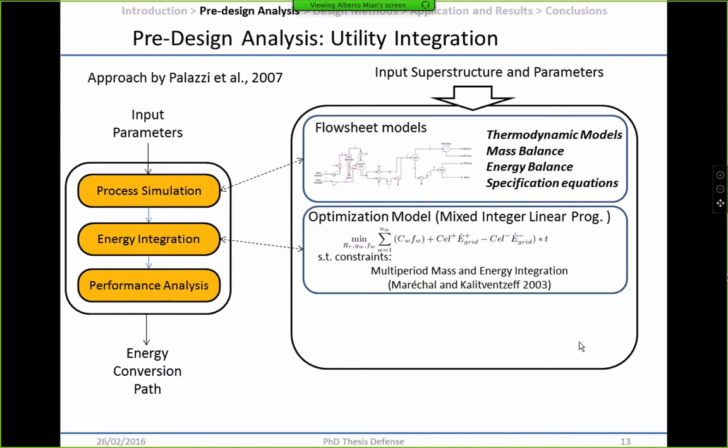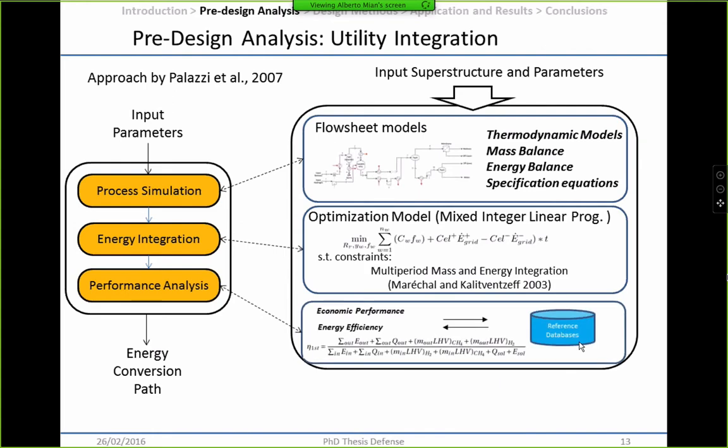Once we have this, this is a key step that will decide among a set of several energy conversion units, such as solar concentration technologies, storage options, etc., which one is the one that should be installed. And then, given this, we can also calculate some economic and energy efficiency performances in a post calculation. When I started my PhD, this was the approach that was used, and I asked myself,